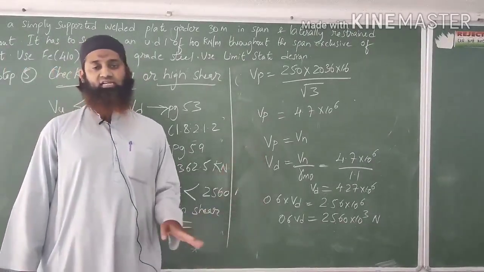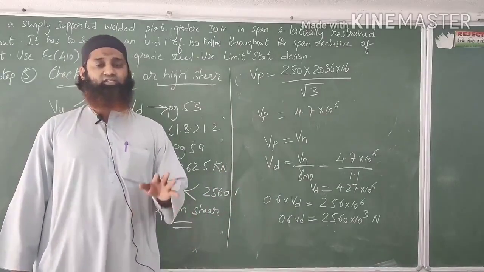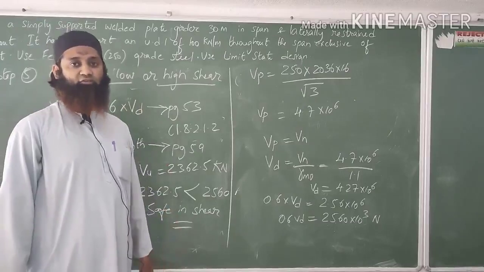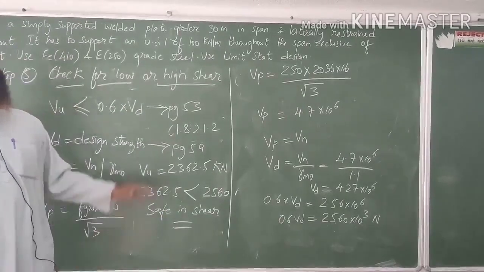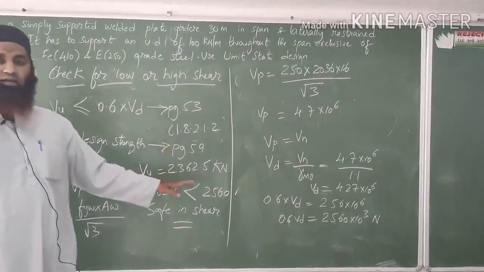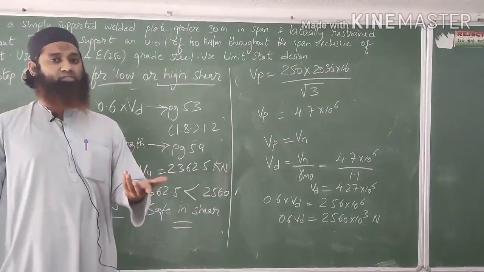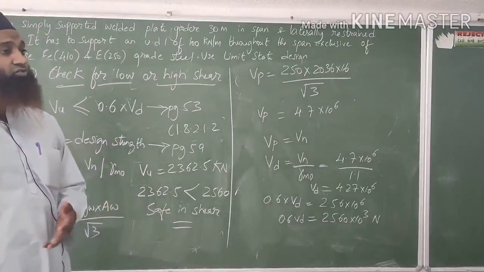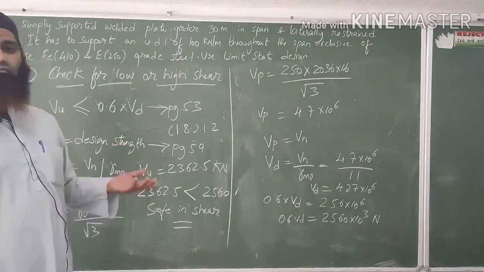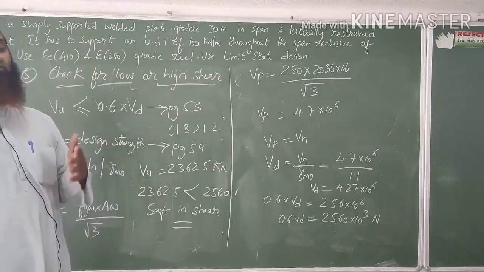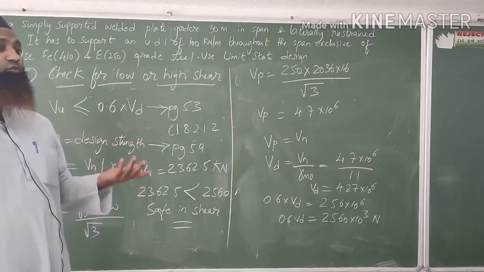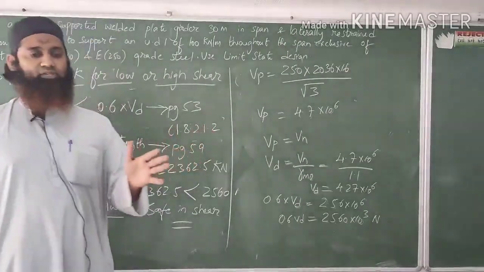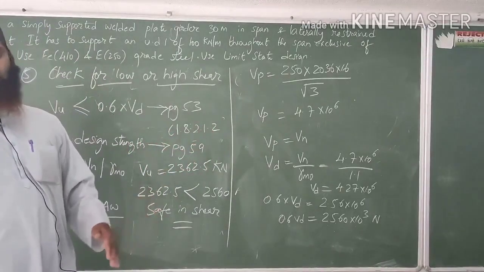So till here, hope it is clear. Next we'll check how it is safe in flexure also. The rest, there are some more steps where we'll check for flexure. We'll do curtailment of flange plates also. Then we'll go for the design of the connection between flange and web. Then next we'll go for the design of the weld also, what type of weld should be done. All these steps are very important, and that will be covered in the next session.